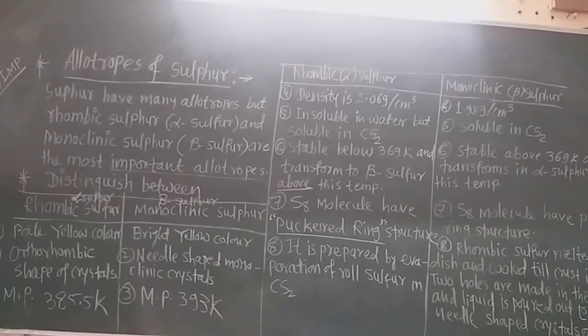Now see about alpha sulfur, that is rhombic sulfur. The color of the rhombic sulfur is pale yellow, but the color of the beta sulfur, that is monoclinic sulfur, is bright yellow. Shining is there for the monoclinic crystals. Needle-shaped crystals have shining, so the color is bright yellow,